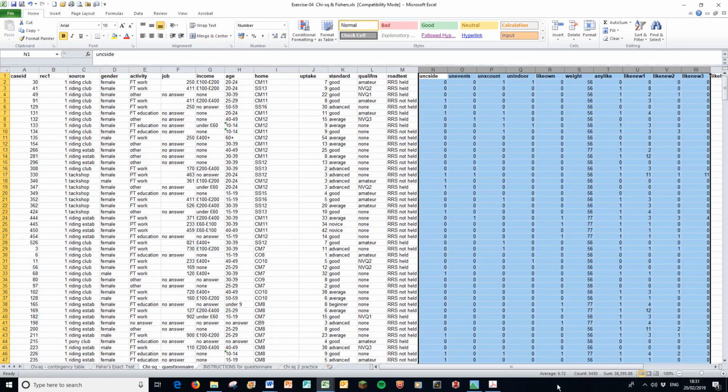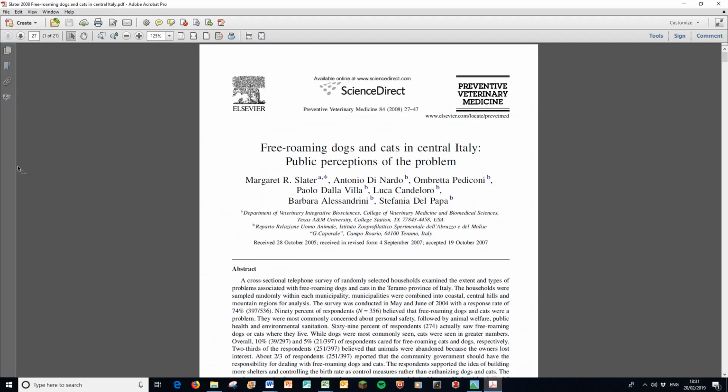So I always show this paper to students. So I think the setup of the tables is particularly nice. So here, this paper is looking at free roaming dogs and cats in central Italy, essentially stray dogs and cats, and public perceptions. So it is quite a big survey, lots of people, and I've always liked how they present a fairly complex data set in a fairly simple manner. So if we go down to their first table,